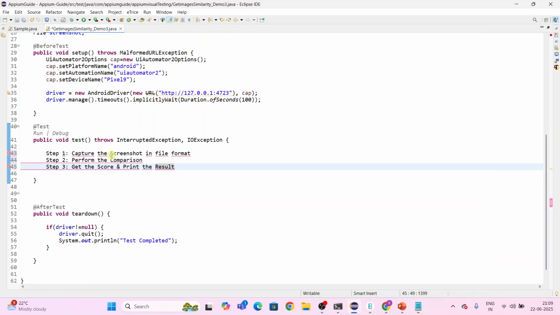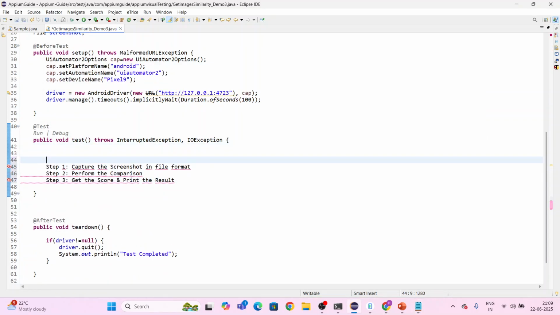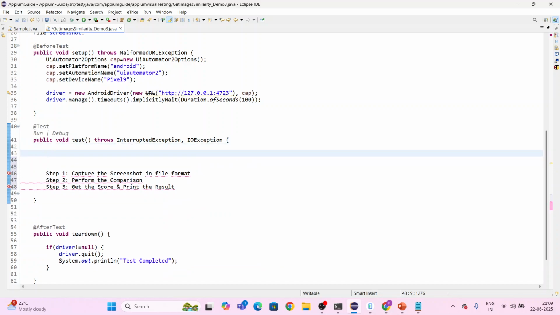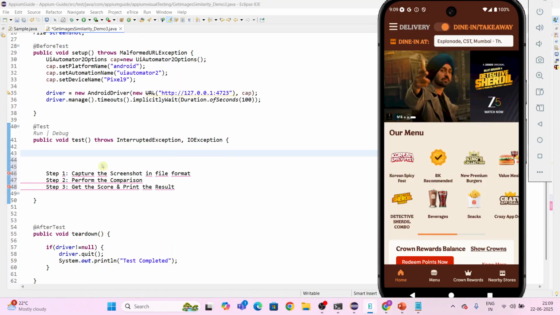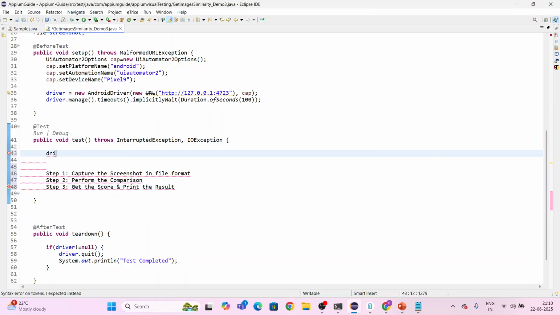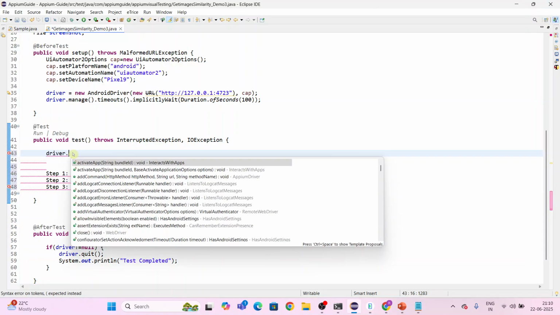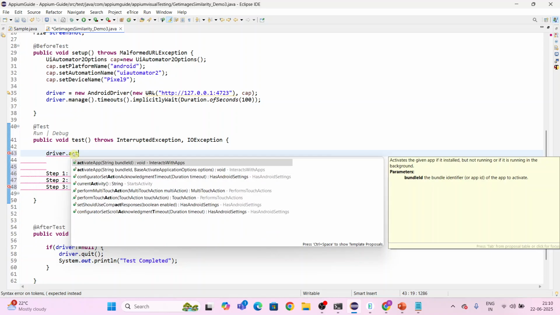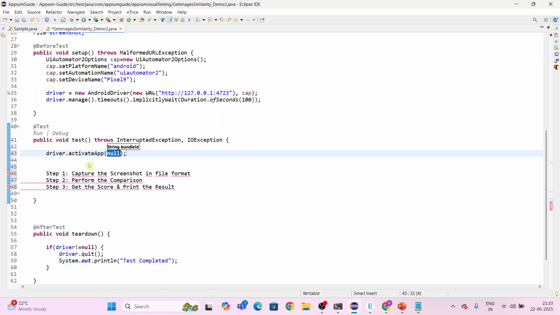These 3 steps I need to write the code. The first prerequisite is I need to launch this Burger King app. So how can I start or launch this one? I have to use the method called driver.activateApp. The activateApp method is used to launch, open, or start the